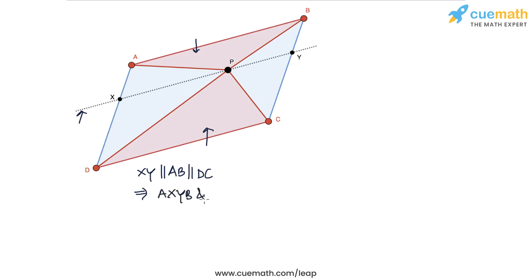AXYB and XDCY are both parallelograms. Okay, because the other pair of sides of each quadrilateral are anyways parallel. So for example, AX and BY are parallel, and XD and CY are also parallel. Alright, so now let's think about the area of triangle APB. As we saw in the simulation, area of triangle APB will be equal to half of the area of ABCD